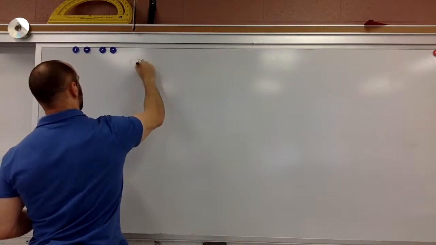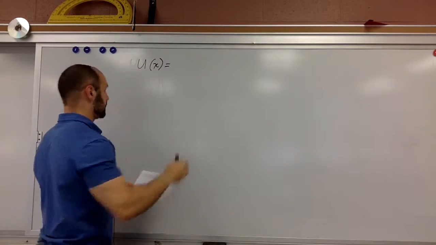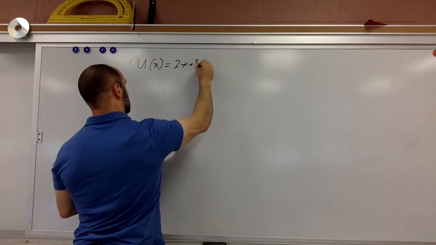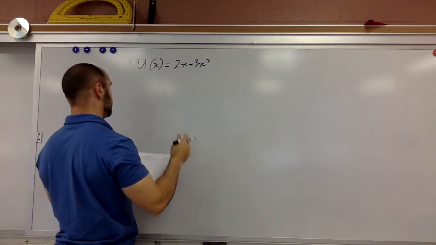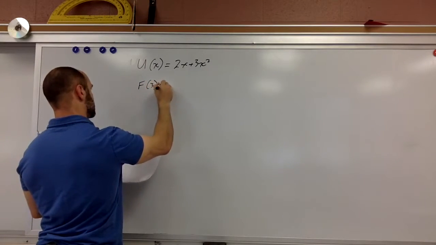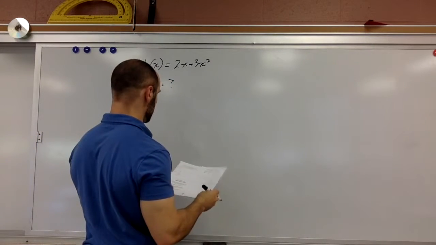Here's the potential energy as a function of position. It's 2x plus 3x squared. And we want to know the force applied. What is F, the force at 3 meters? All right. So first of all, let's take a look at